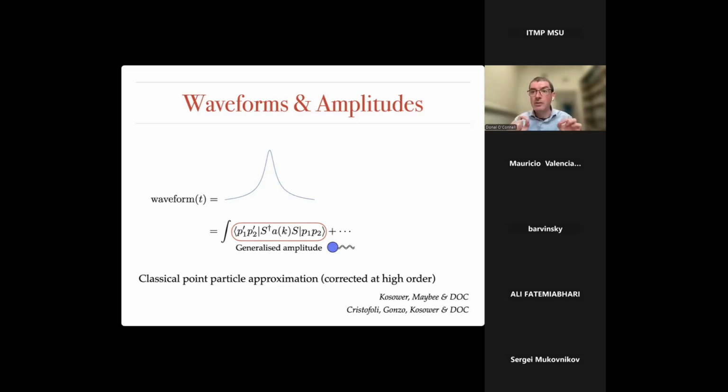So really point-like objects. I'm not taking into account finite size effects of black holes, in particular phenomena like the ability of the black hole to absorb some energy and change its mass. Such effects only occur at very high orders in perturbation theory. They're well beyond any perturbative order that's been computed to date. So it's sufficient to think about these things as being point-like particles. Of course, for LIGO physics, one would want to connect this to bound states. It's a very interesting story, but not what I'm going to talk about today.